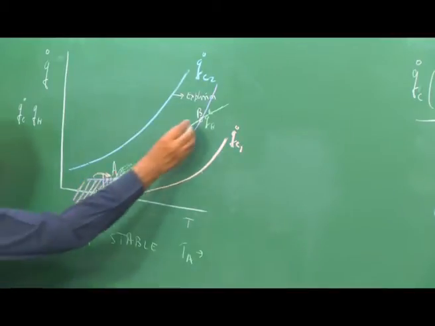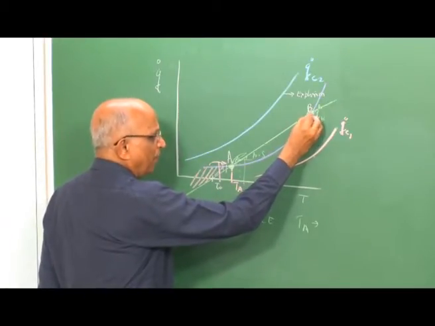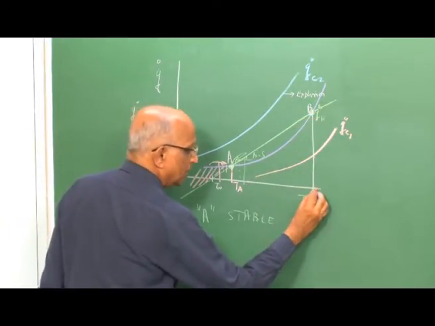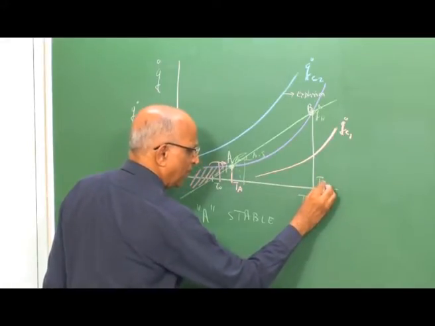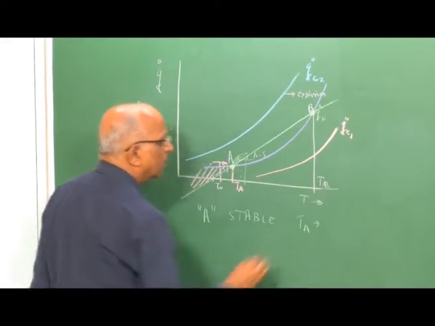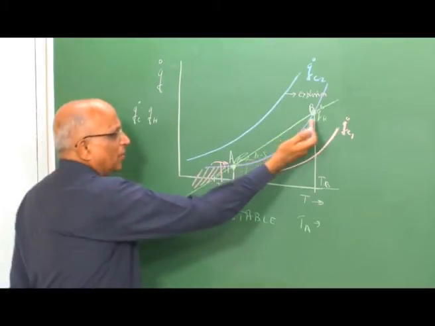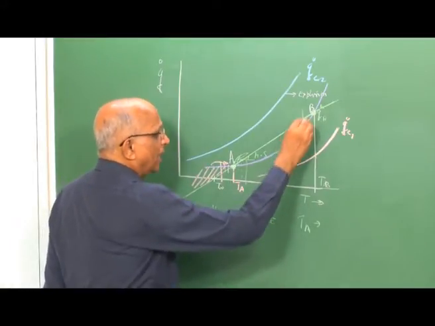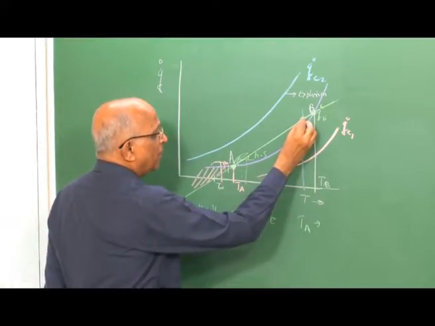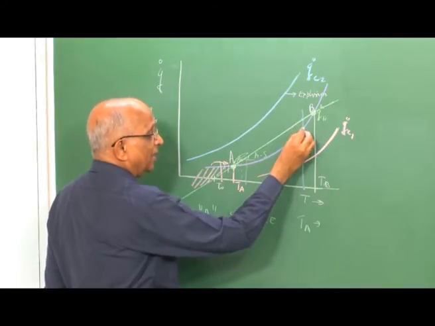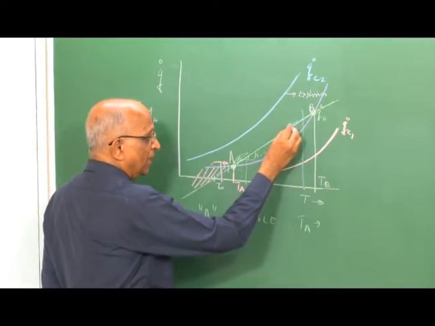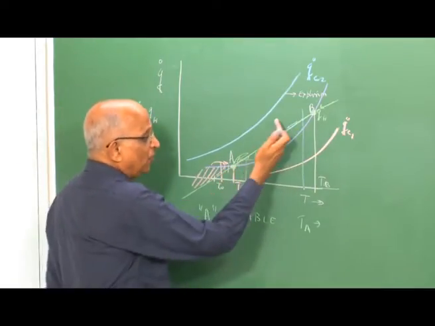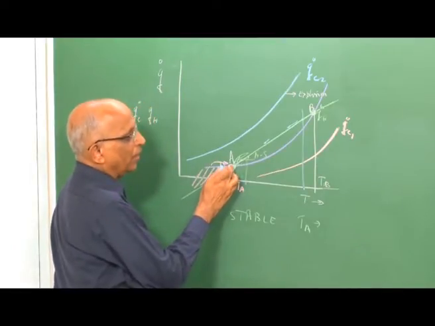Let us similarly go back and see what happens at point B. Again, this is my temperature axis over here, and this is point T_B. Let us again go to the left of point B, and see what is going to happen. If I take a point over here, I find heat loss is greater than the heat gain, which is shown by the purple line, and therefore it comes back to A over here. Therefore, any point to the left of point B always comes back to the stable point.